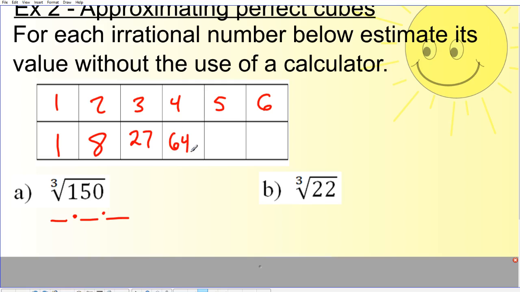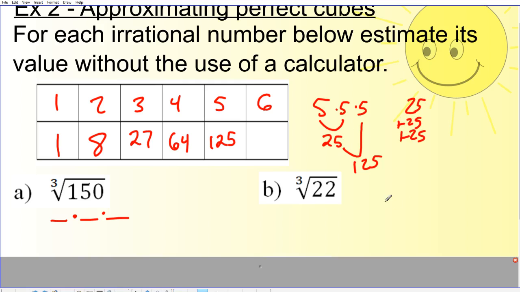64. 5 times 5 times 5. 5 times 5 is 25. 25 times 5 is 125. Notice I'm not doing this with the calculator. I can still reason this out. Even if I didn't know 25 times 5, I could go, okay, 25 plus 25 plus 25, and add 5 of them together. That's doing 25 5 times. You know, old school